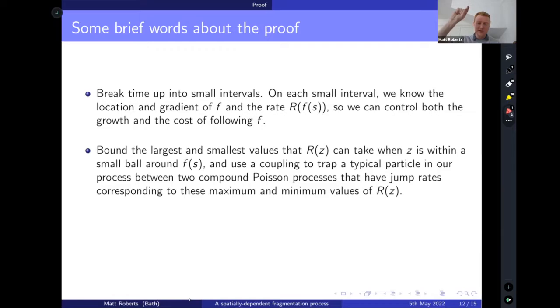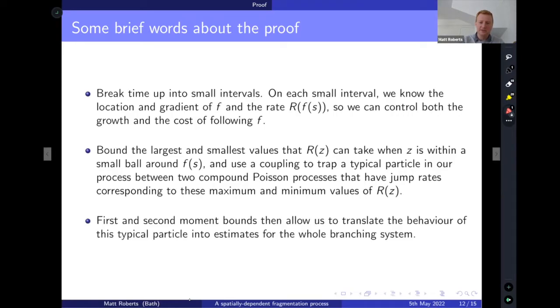when a particle is within a small ball around F, we take two compound Poisson processes, one with the maximum value of R and one with the minimum value of R within that range. And we use a coupling to trap our typical particle between these two compound Poisson processes. So we use a coupling to do this trapping,